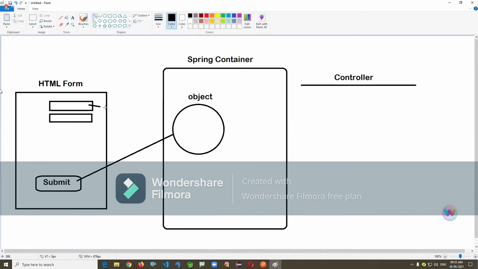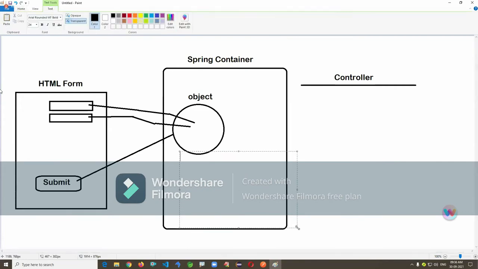by reading the data, parsing the data, and setting it to the object. An object created for a form is called a model attribute.